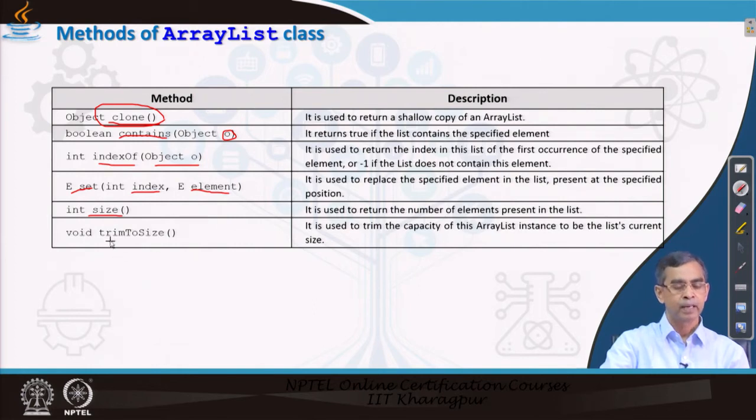And size is basically the current size of the array, that means the number of elements present in the array. Now, trimToSize: initially it has 100 elements, and I want to dispose of, say, 20. So, trimToSize we can mention. It basically trims from the last to the trim size element. So, these are the different methods that can be applied to handle or manipulate your array.